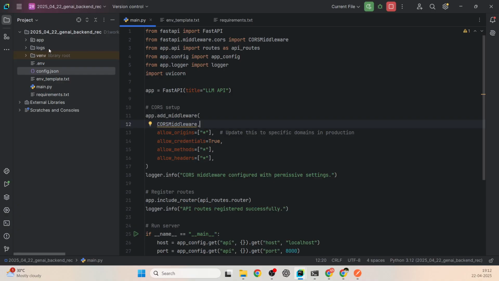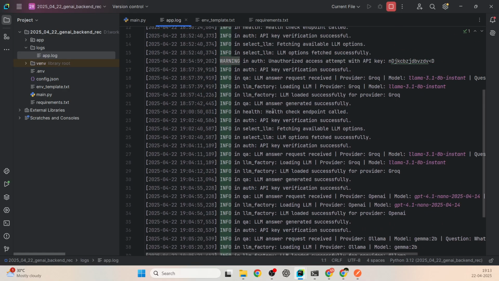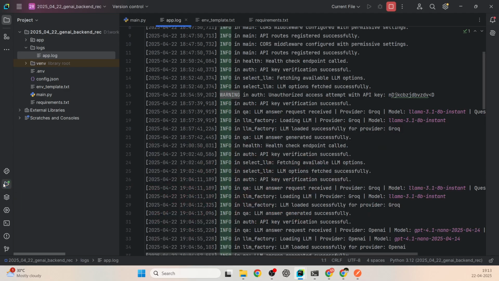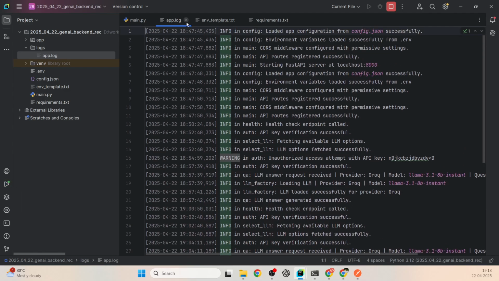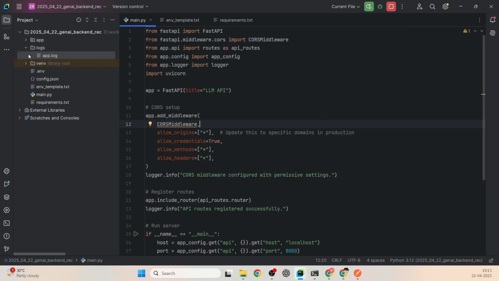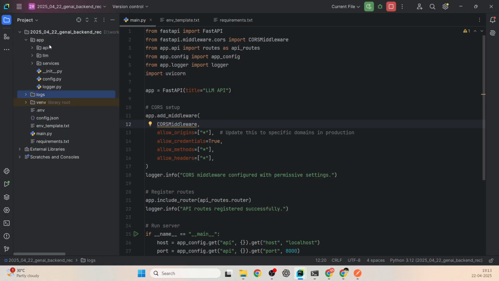And then we have a logs folder which gets created automatically at runtime. It's not like we manually have to create it. If you remember, we didn't create it. So when it runs, all the logs get saved in this app.log file, so that we can easily look at all the logs that we received. Instead of looking at them in the terminal, in the console, we can look at them in the file as well. So we have all the time details, info, warnings, and so on. If there are any errors, those errors would be saved here. This again, as I said, would be automatically created, and then we have a folder called app, which basically has all the important